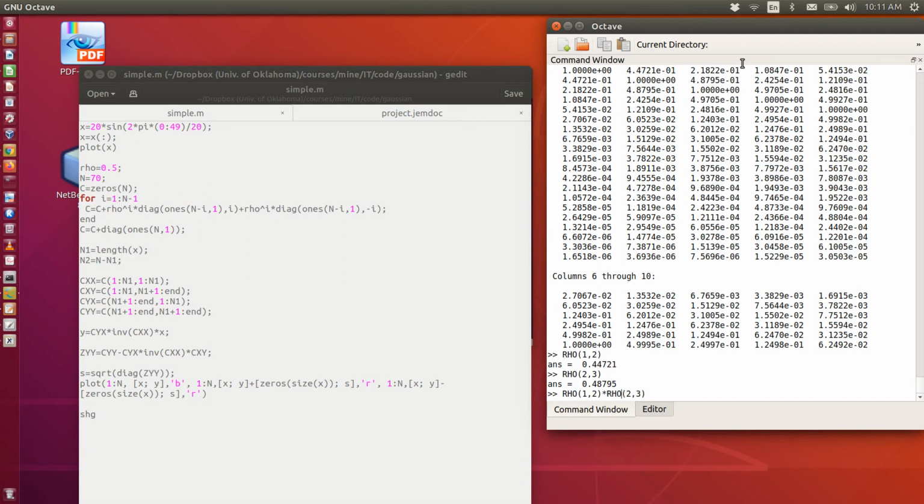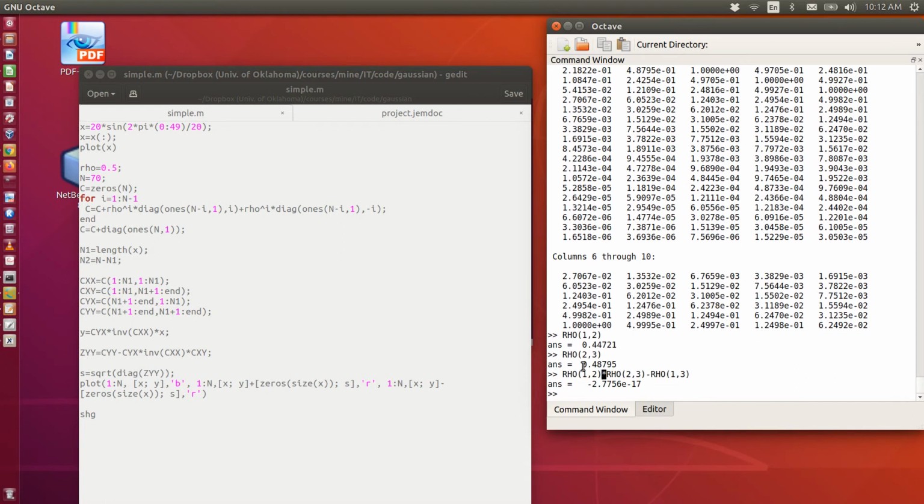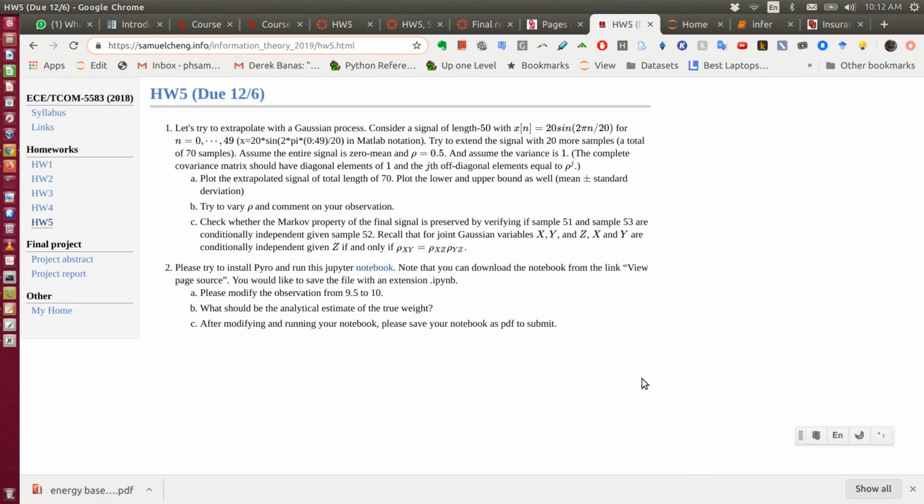Row 1, 2 times row 2, 3 should be kind of equal to 1, 3, right? So it looks like it's pretty correct. This should be just numerical error, 10 to the minus 17. So numerically we can verify that this conditional independence is still satisfied. I mean, this is kind of reasonable. You have the Markov property at the beginning, even when you have these observations from the